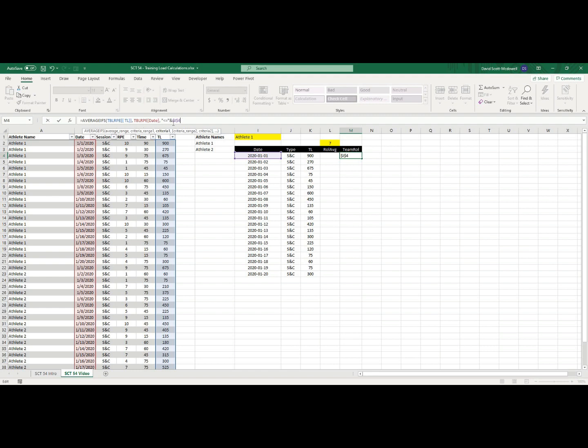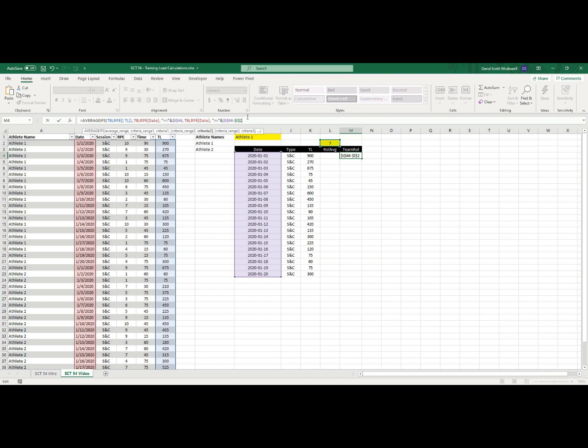Then comma, and I'm going to copy that over because it's going to be very similar. We want to take it when it's greater than or equal to I4 minus L2,